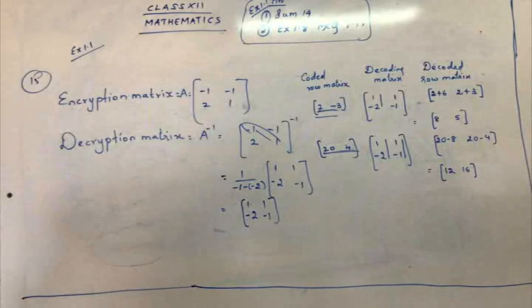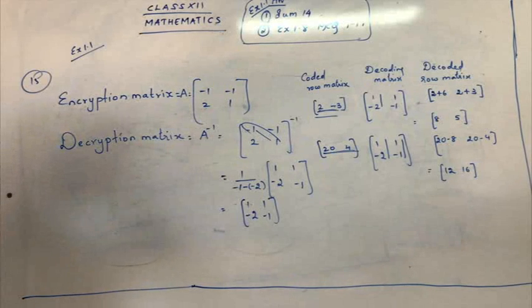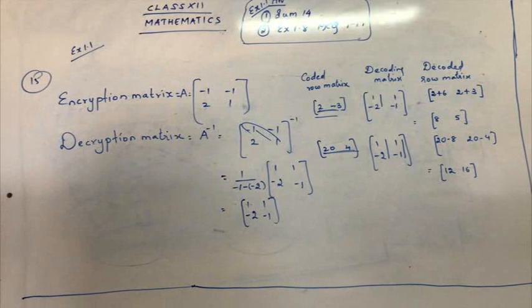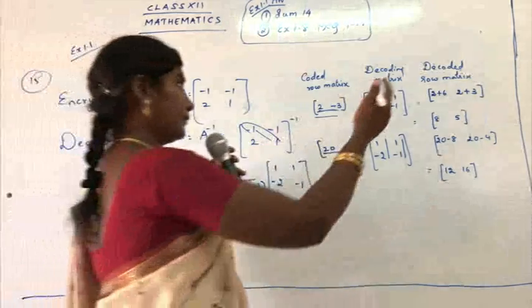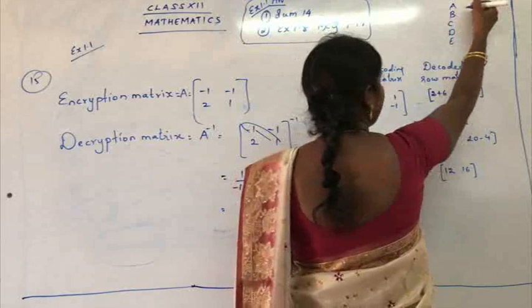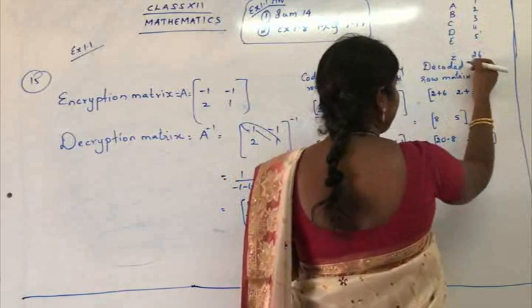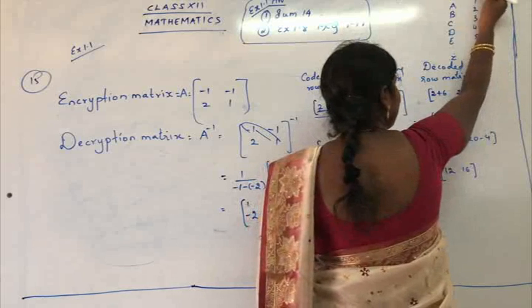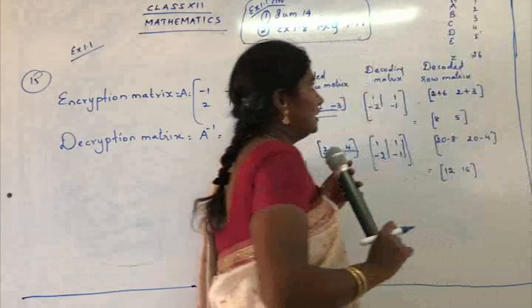Now let's see the next step, what we are going to do. The system of codes is described by the numbers 1 to 26 for the letters A to Z. So A to Z stands for the numbers 1 to 26. And if you have to leave any blank space, what number will you get there? 0. Suppose A, B, C, D, E, F and so on, you have the numbers 1, 2, 3, 4, 5 and so on. Z is 26. And 0 represents a blank space. You just have to leave a space for that particular value.